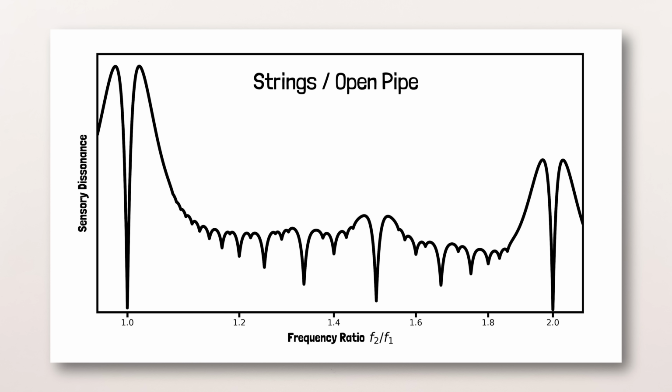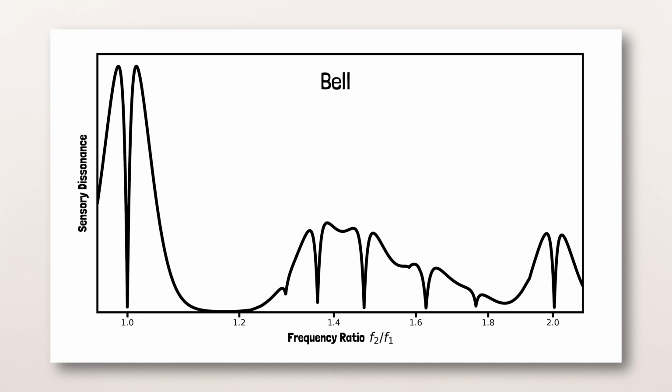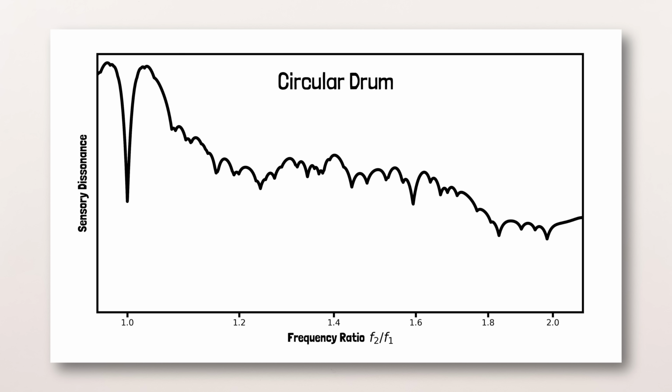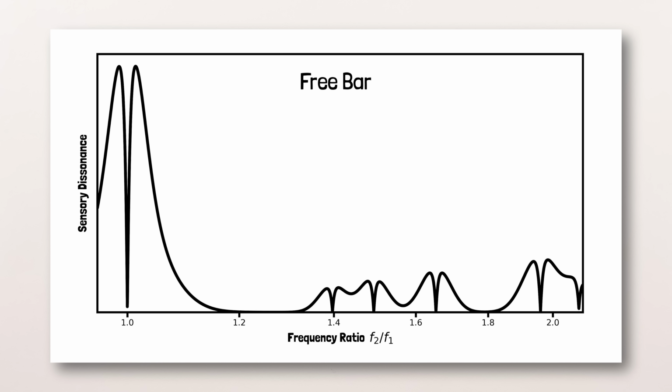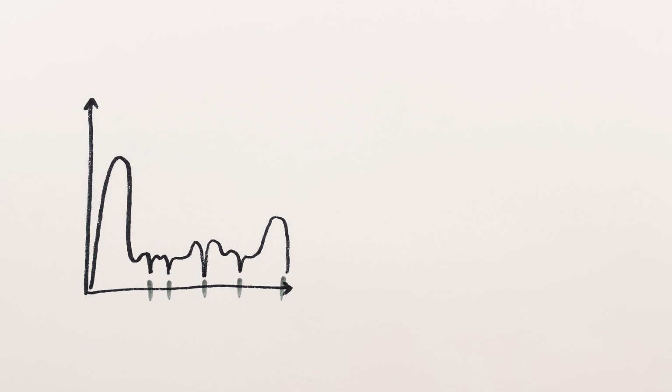The way the dissonance graph changes when you change overtones illustrates part of why many bells and drums don't sound quite as melodic in Western music. Their overtones don't match the overtones of the strings and pipes on whose overtones Western music is built. I should also mention here that the perfectly in-tune string and pipe notes of the graphs are not in fact